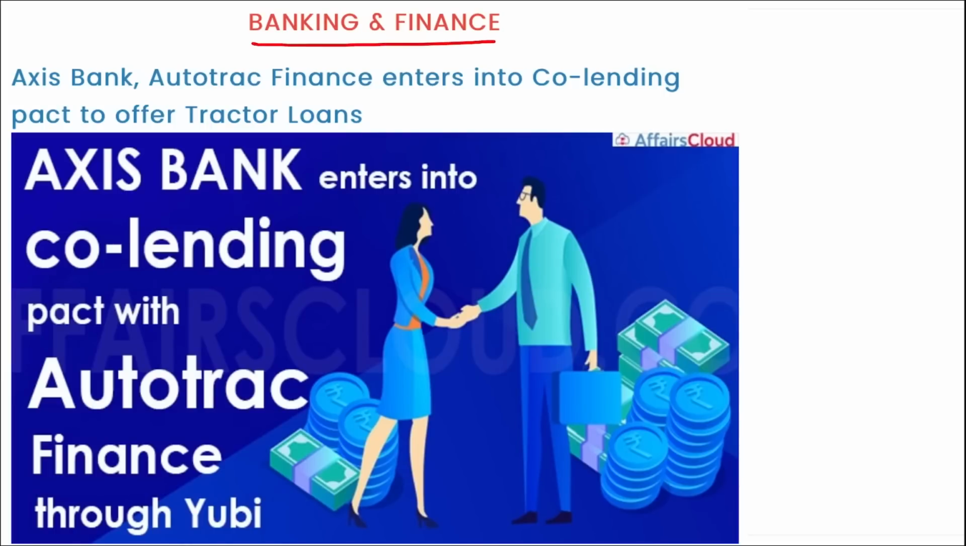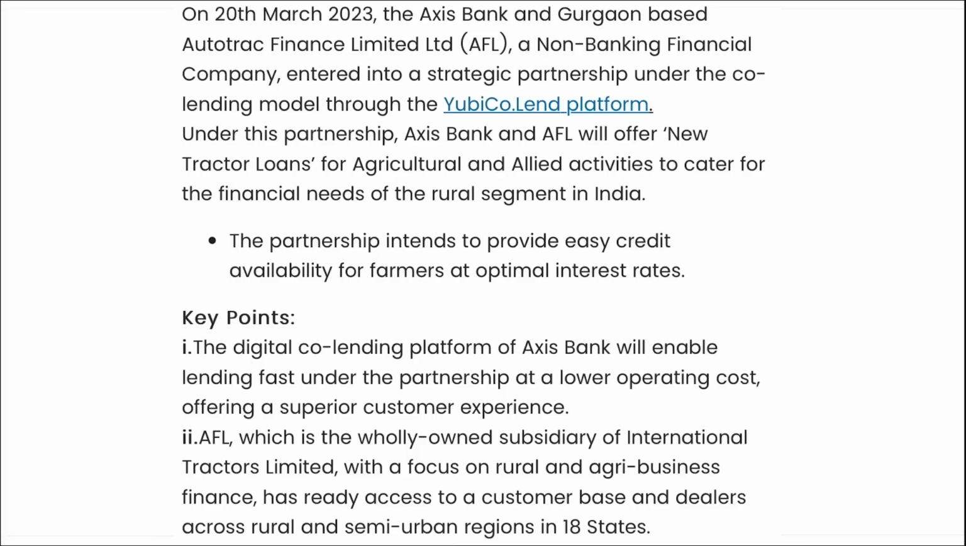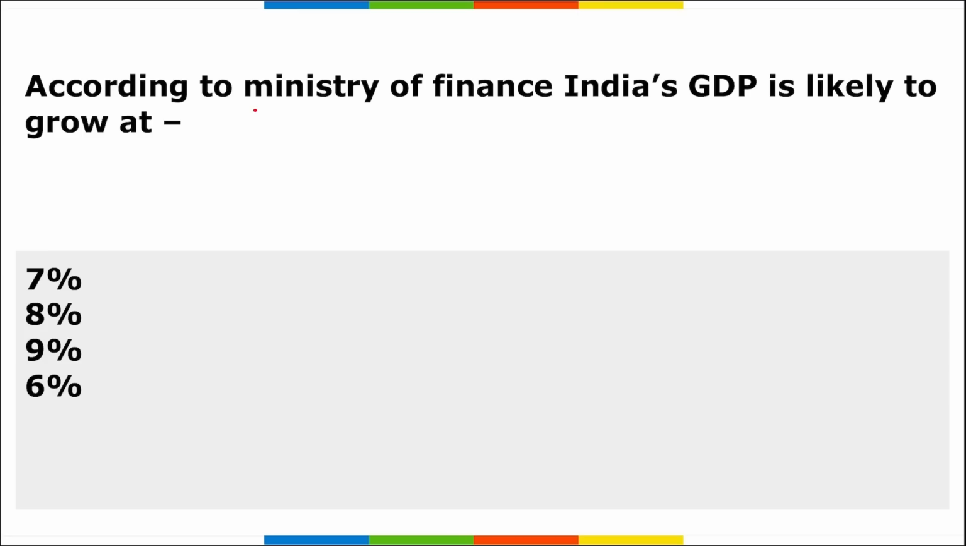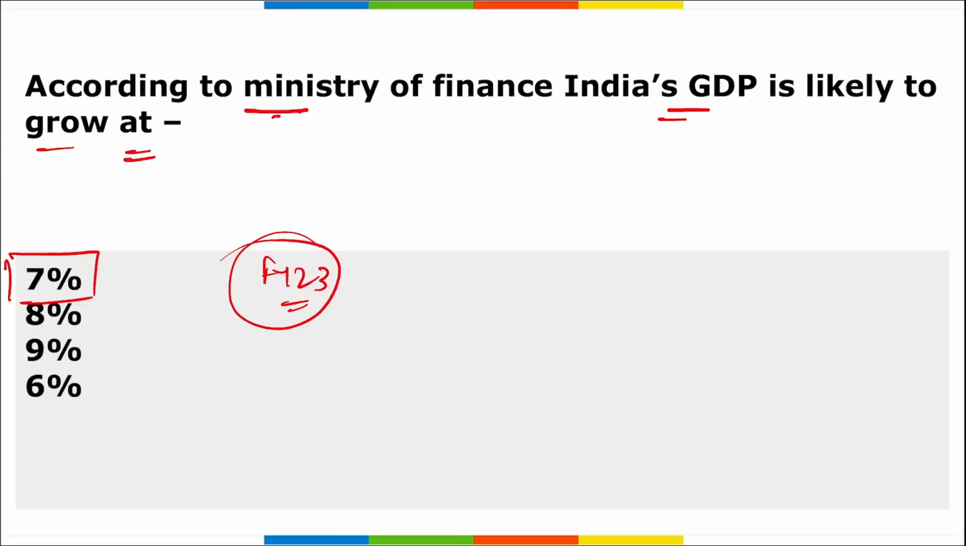Next is banking and finance. Axis Bank and Autotrack, they entered into a co-lending pact to offer tractor loans. Moving on, according to Ministry of Finance, India's GDP is likely to grow at dash percent. So, according to the Ministry of Finance, Indian GDP is likely to grow by 7% in fiscal year 23. All right,